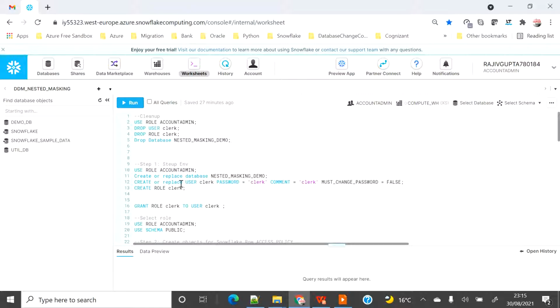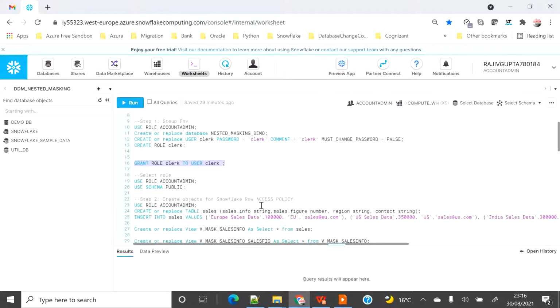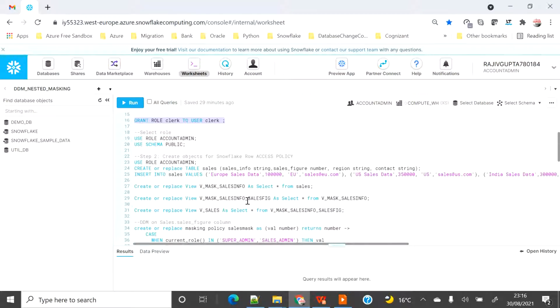So I'm going to create a database nested masking demo, and I'm going to create a least privileged user as clerk, and then create a role called clerk, and apply that role to the new user clerk. Then I'm going to create a table, the same table as I used in my dynamic data masking demo.